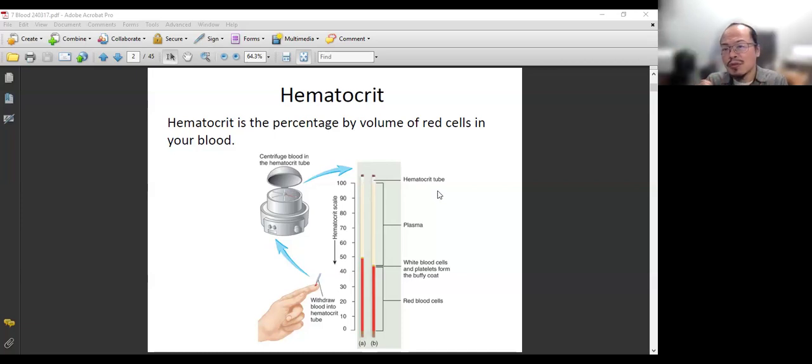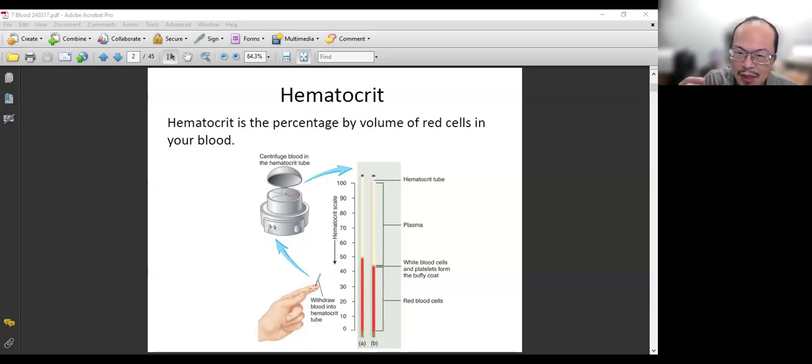So what we usually do first, in order to know the components, is try to separate them. You can separate things in different ways. A very common way is to use a centrifuge. We will do this in the lab. We have something called a capillary tube. We will learn more in the lab, but basically this is a very small glass tube, and you will get